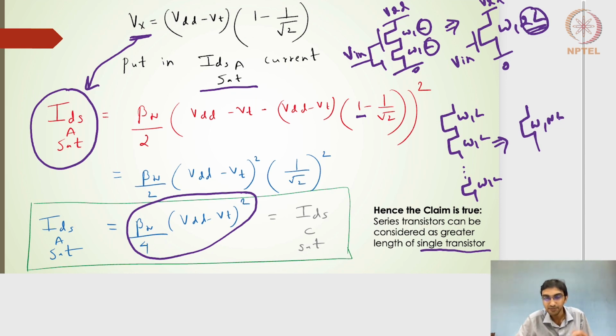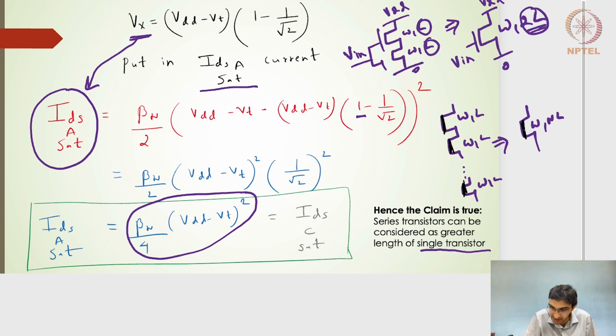So this is one such example showing that two series transistors, or two stacked transistors, can be simplified to get the current expression by substituting an equivalent single transistor where the length has been increased. And intuitively it makes sense. So let me pick another pointer color. If I'm talking about this particular channel here, and this particular channel here, and this particular channel here, if you remember the current for the equivalent,